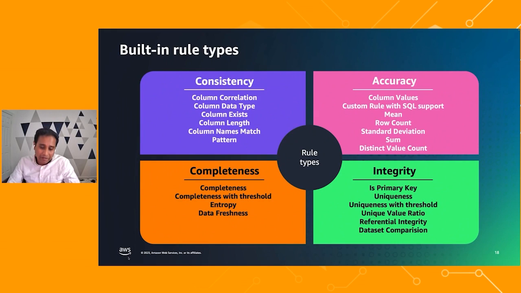And you have integrity checks, which check whether there are duplicates, or whether referential integrity is correct. Or if I have a data set A, is it agreeing with what I have in data set B? So you have all kinds of data quality rules, and the cool part that I'm particularly excited about is that it's not only that you can write rules, but also identify which records specifically fail in our ETL experience.